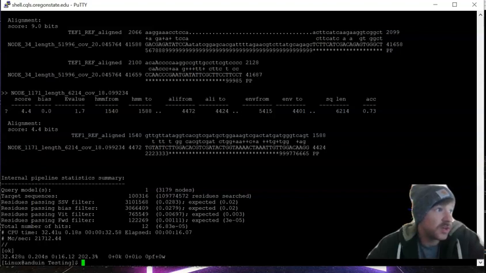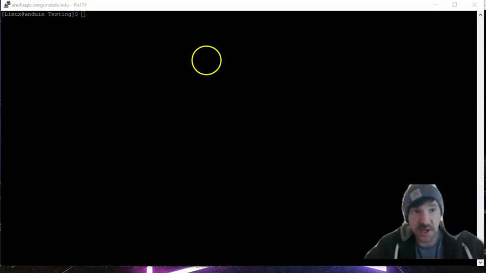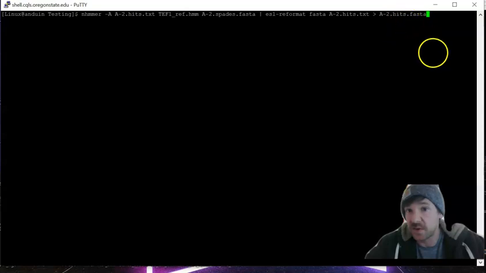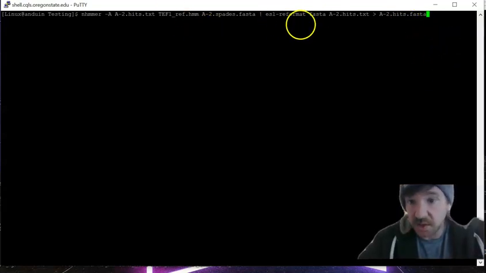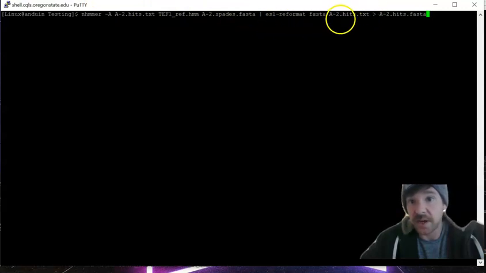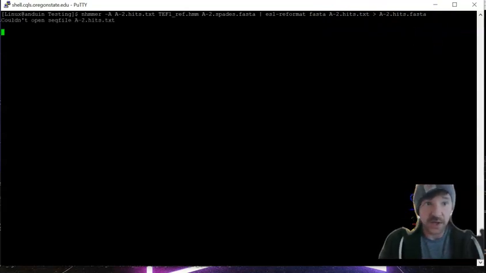we're going to do another trick here, which is a one-liner script, where we will do the same search, but this is going to output all of the output into a nice new FASTA file for us. And this is using this program esl-reformat. So this is our search here like we did, and then this symbol here is the pipeline. So along with our hmmsearch, we're also going to ask this program to write out the data into a FASTA file for us. And so when we run that,